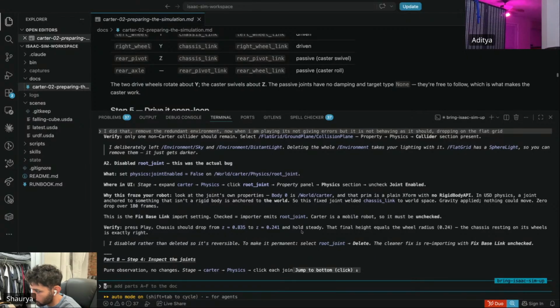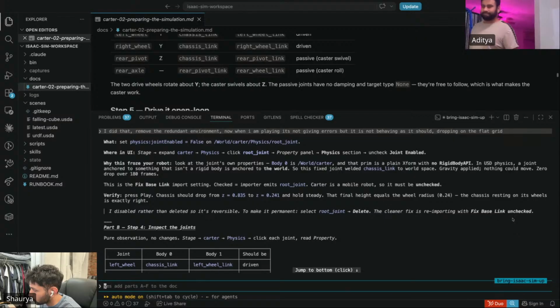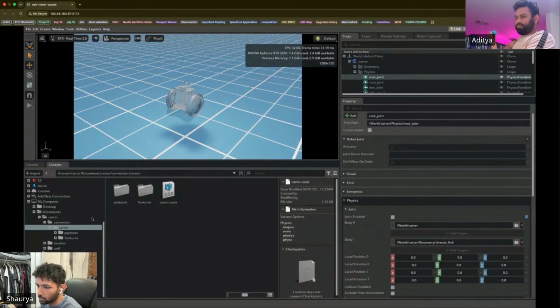Verify, play. Final high. Okay. Add a symbol rather than details, so it's reversible, to make it permanent. Delete, re-importing the fixed base. Okay, the cleaner fix is re-importing with fixed base link unchecked. Fixed base link unchecked. Okay, if I do this, file,